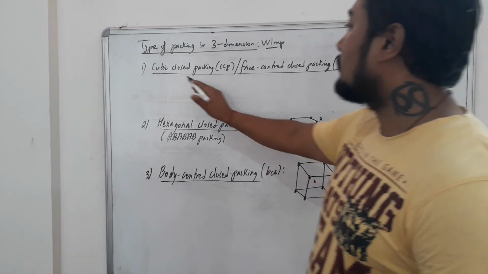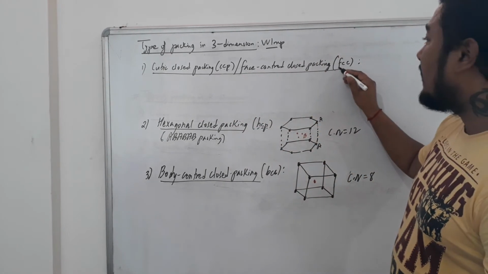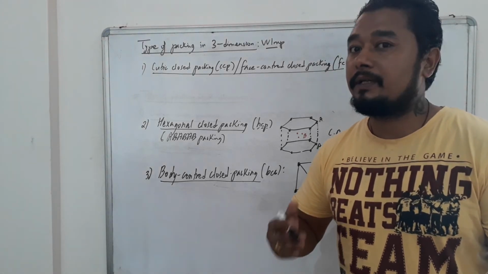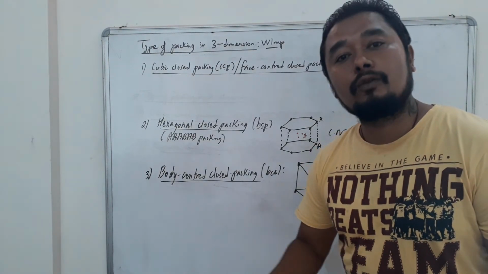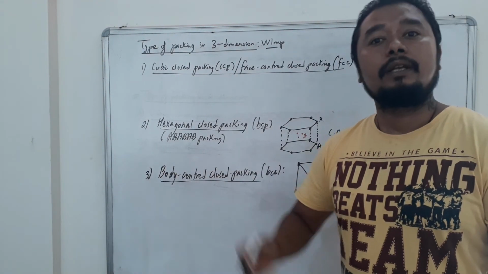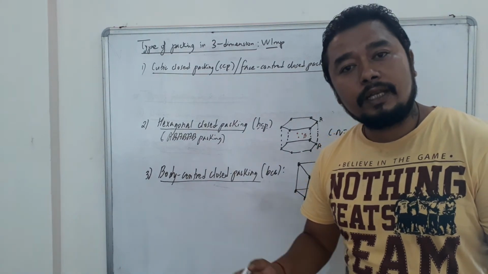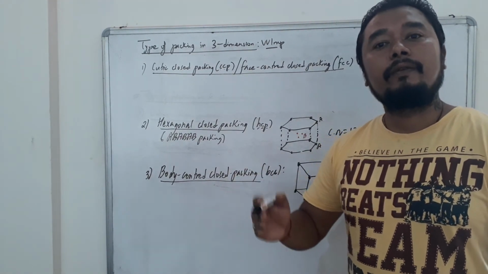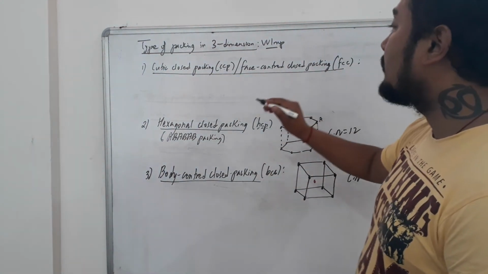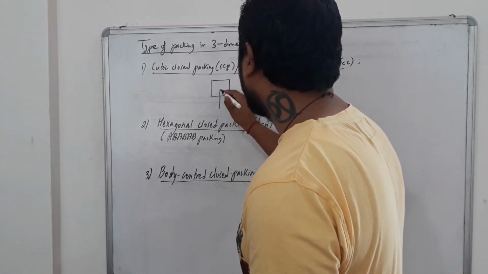Now we will go to the first one, cubic close packing, also known by the name face center close packing. Do remember, capital FCC, face center cubic unit cell, has face center close packing, that is small FCC. So small FCC is present inside capital FCC, which means face center cubic close packing is found inside face center cubic unit cell. And what was the picture of the face center cubic unit cell? Let us see now. We have to make a cube again.